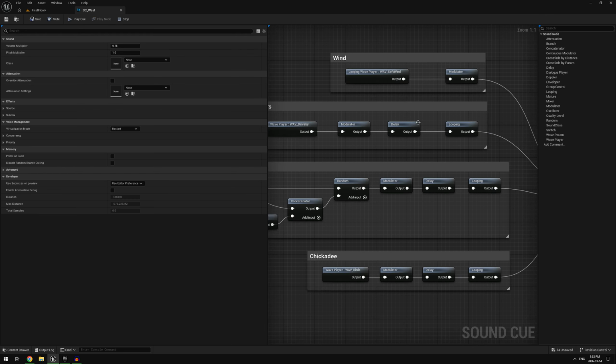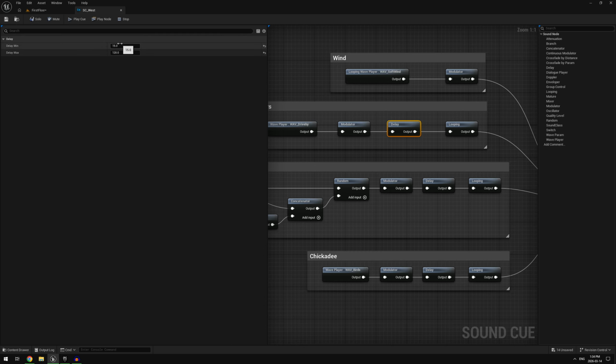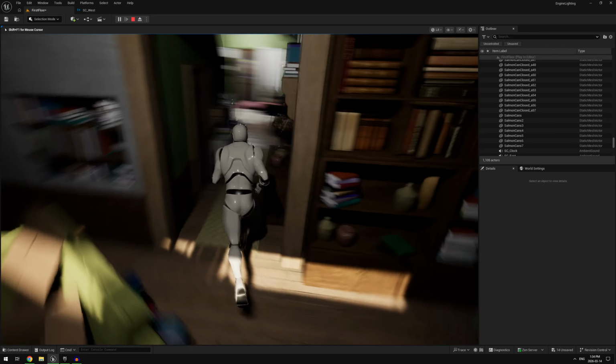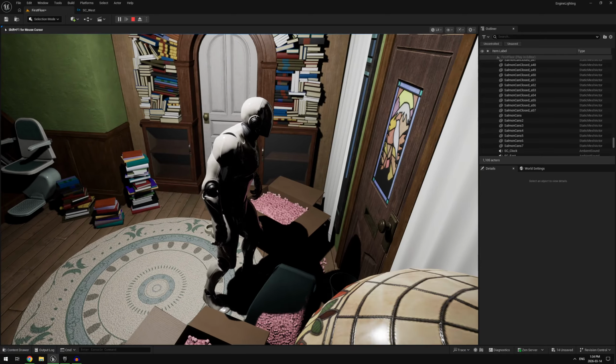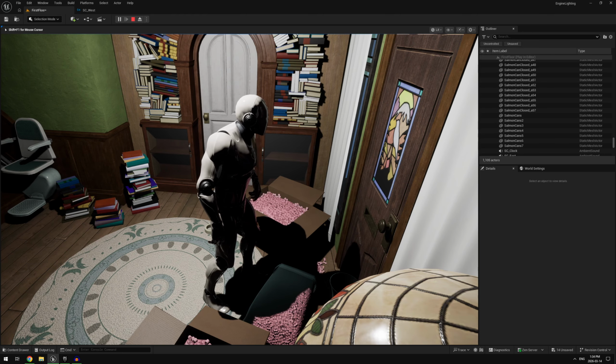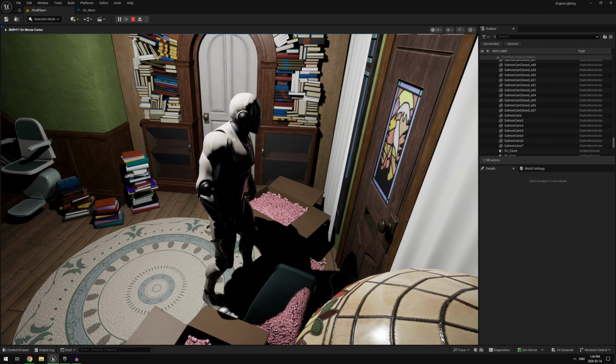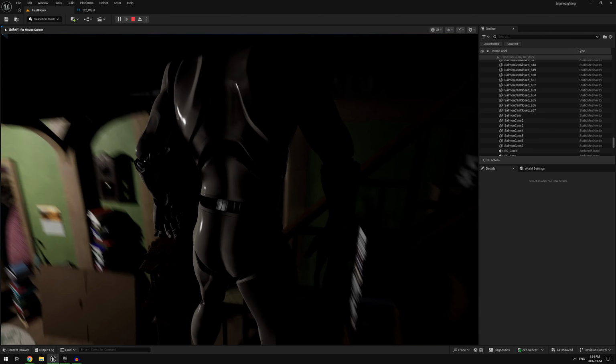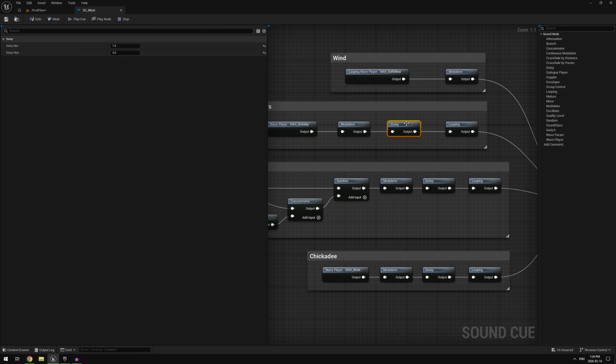Maybe before I even do that, just because I really want to hear that car, we're going to go and set this back to 1 second, 2 second, just before we're done here. So let's go listen to a car drive by. There we go. That works. I might want to turn down the volume of the clock too, but we'll just go fix this